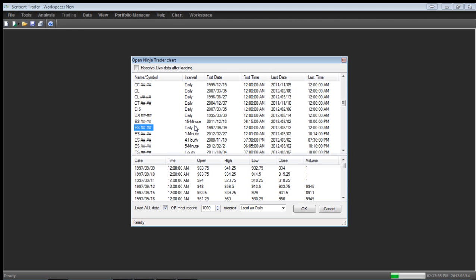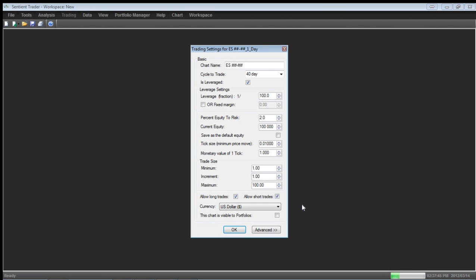On an end of day chart, load all the data you possibly can, because the more data you can perform an analysis over on an end of day chart, the better your analysis will be. On an intraday chart, you need to use a process called inheriting the phasing analysis, so you must load less data. All right, we are going to load the ES ## file. We're going to load all the data, and I click on the OK button. All right, now the first thing that pops up is a trade settings little window. Okay, Sentient Trader wants to know what the trading settings should be for this particular chart. Now, this is where